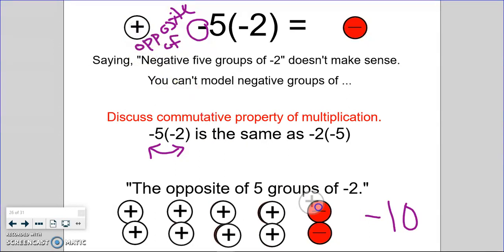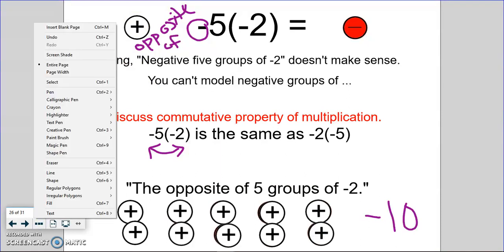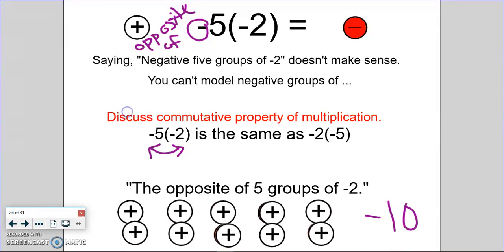So on your paper, you probably just have to take that negative sign and turn it into a plus sign, like draw a line through the middle to turn it into a plus sign. And same thing here, I'm going to end up turning that negative sign into a plus sign when I take the opposite of it. So negative 5 times negative 2 is going to be a positive